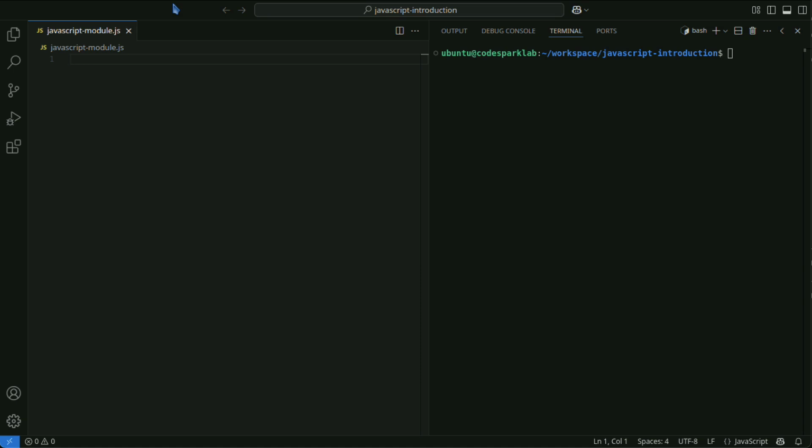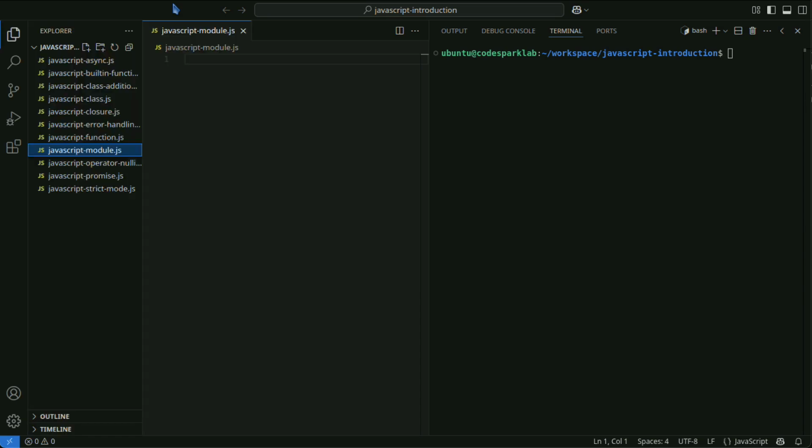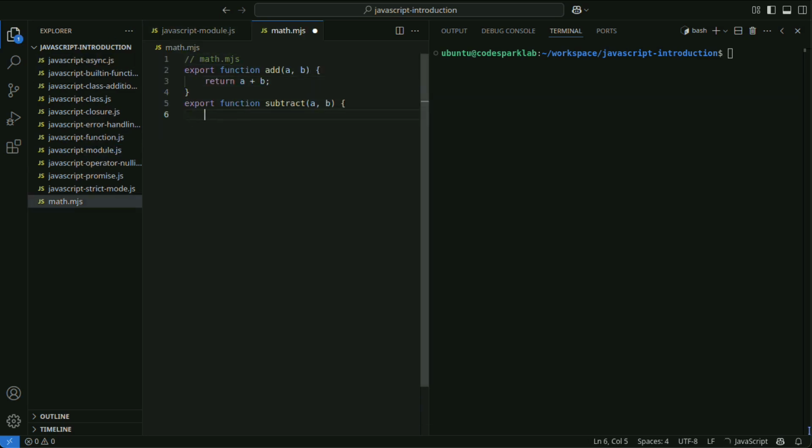Modules can be exported in ES modules as follows. In this math.mjs module, the functions add and subtract are exported.